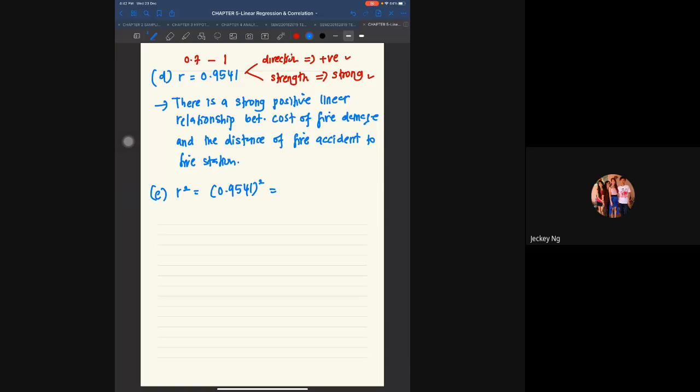What do you get? 0.9102. 0.9102, or 0.9103 is also accepted. And then interpret. Coefficient of determination is about percentage of variation, so we have to convert into percentage when we interpret. 91.02% of variation